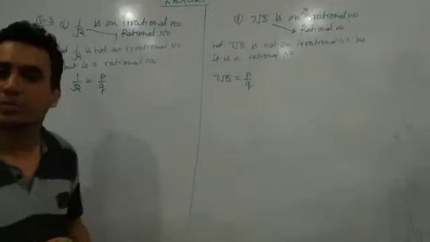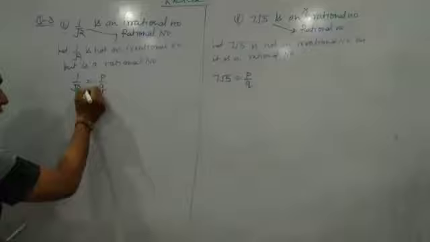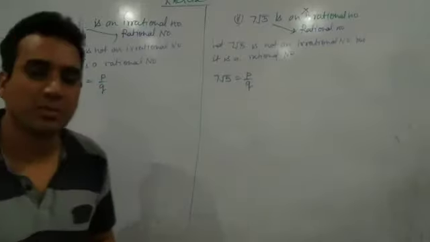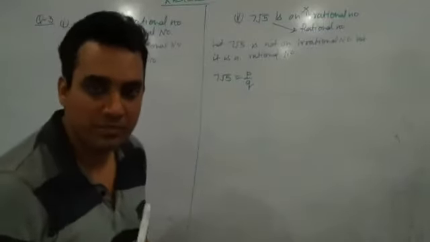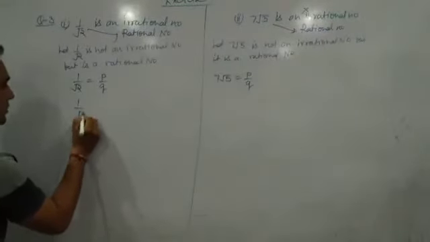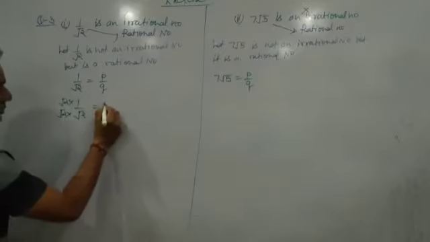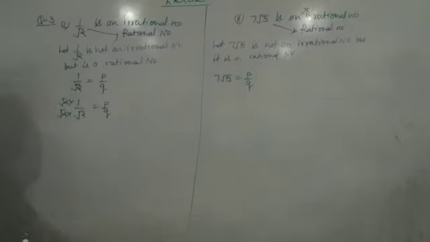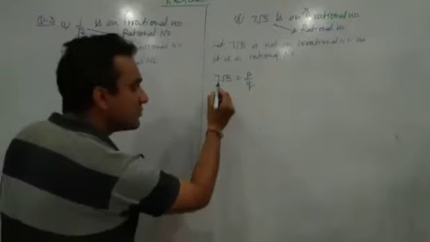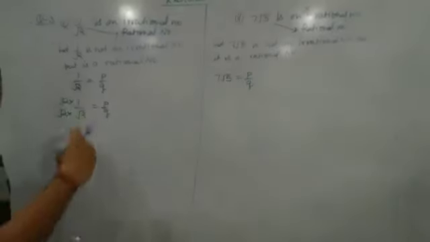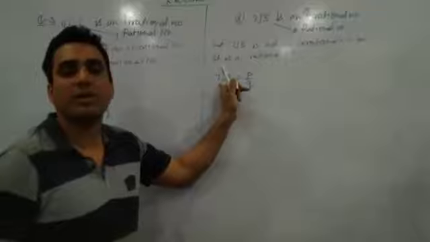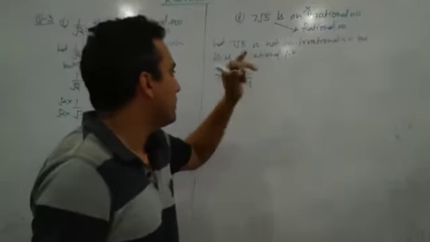Now what are we going to do for this part? Don't cross multiply them, because whenever you see a root in the denominator of any number, your first step will be to rationalize it. In order to rationalize 1 upon under root 2, I am going to multiply its numerator and denominator by root 2. In the second part, the root is already on the numerator side, so no step will be done on the second part.